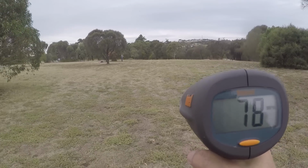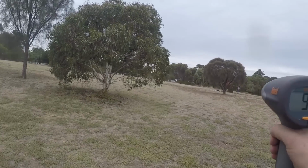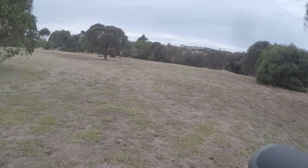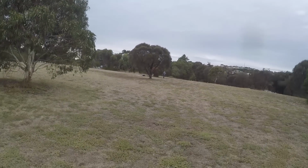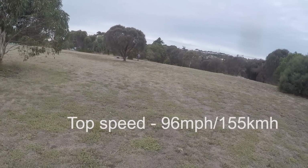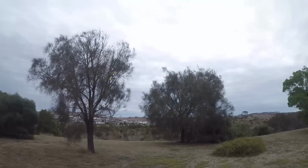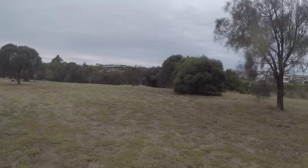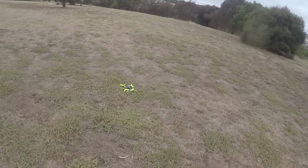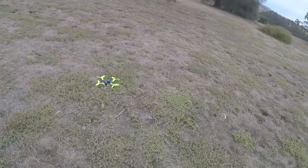78 mile an hour. Not too bad for a first run. 95. Oh, I almost didn't get that. I wasn't ready for it. 96. That's respectable, guys. That's almost 100 miles an hour. And look, I think we could get some pretty good improvements. Get away, you mongrel. I'll kick you into kingdom come. Pretty respectable. We're using the hulky props and whoa, whoa, whoa,